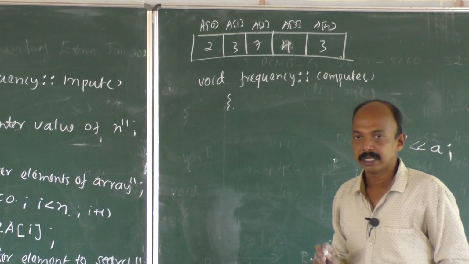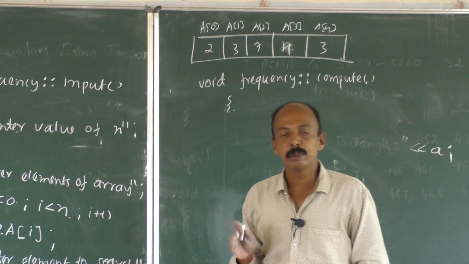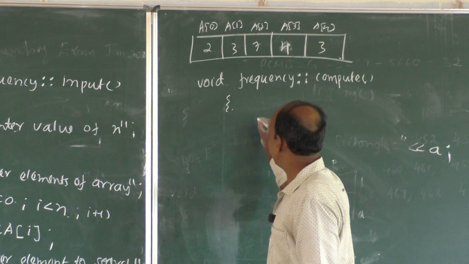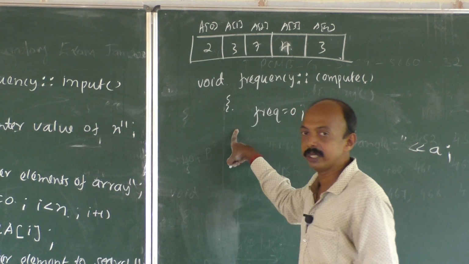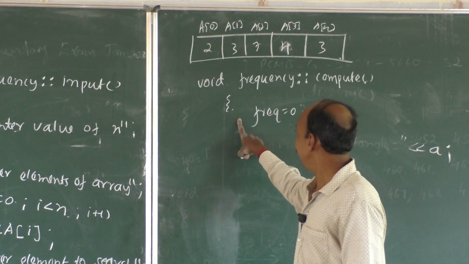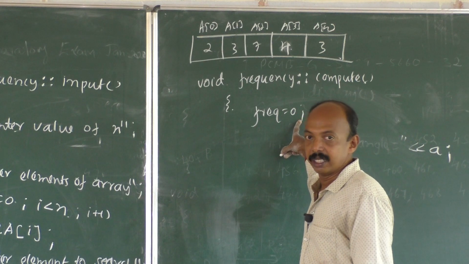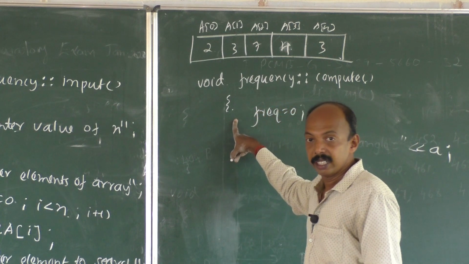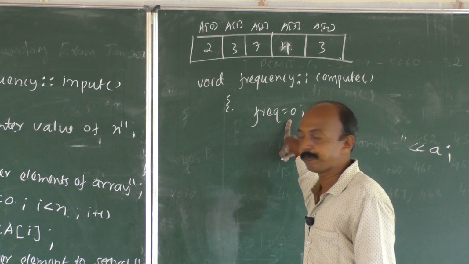Inside the class, where the answer has to be stored? Answer has to be stored in the variable frequency. So we shall write frequency is equal to 0. Don't define it once again. We are clearing the memory of frequency. If you write int frequency is equal to 0, the variable is created twice. Even though we won't get the error, we won't get the answer properly. That's why just clear the memory of frequency.